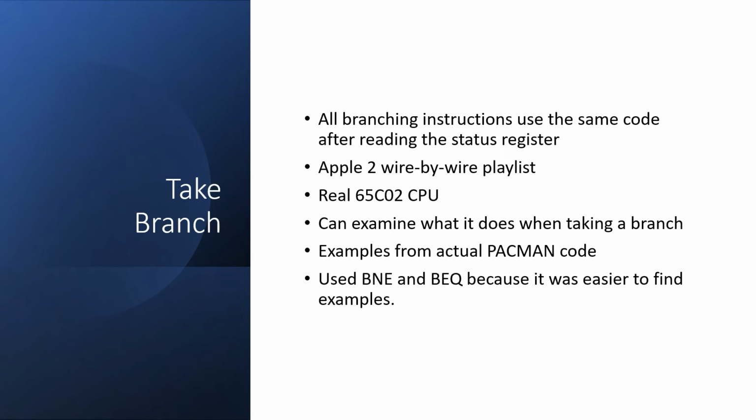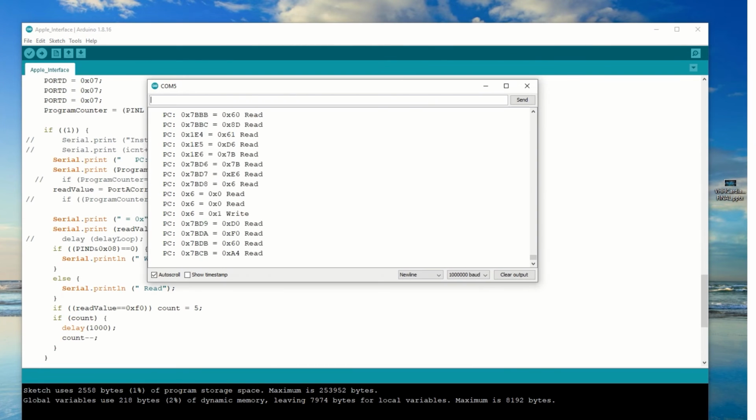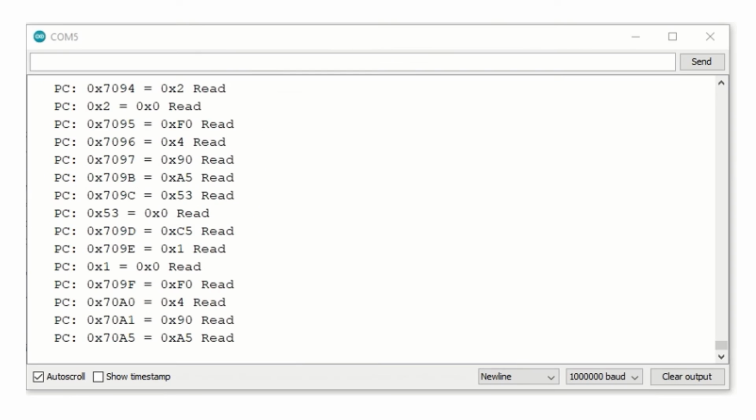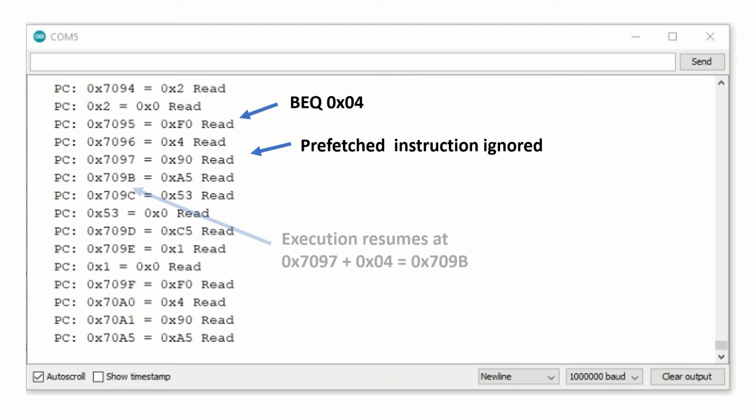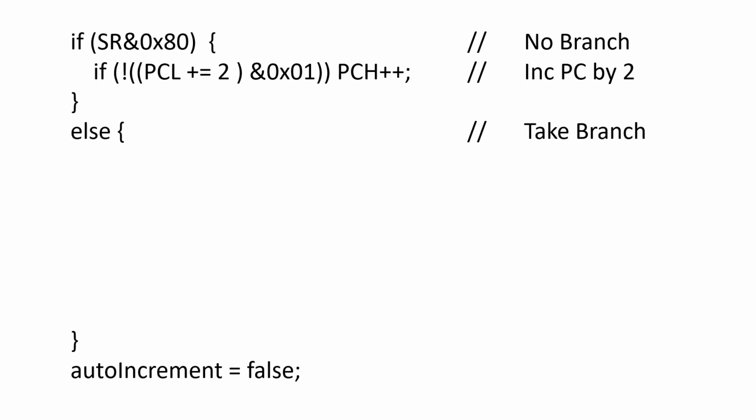of BPL. Here's an actual trace from the Apple II Wire-by-Wire Build running Pac-Man, and I've just stopped after a BEQ instruction. Here we can see the branch if equal by 4 at location 7095, and here we can see it prefetching the next instruction at 7097, and here we can see it's resuming execution at 709B, which is 7097 plus 4. So let's look at some equivalent C code that might do this in the take branch arm of